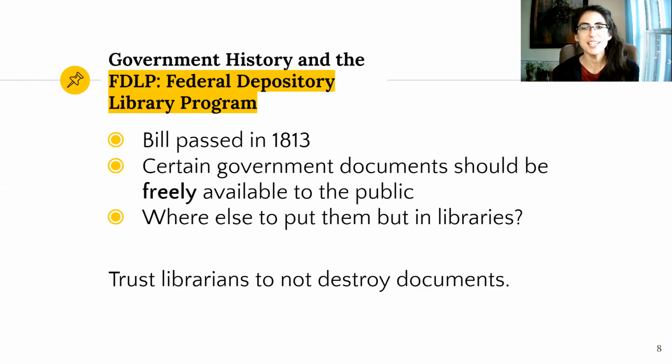Because I think in general, you can trust librarians to not destroy documents. We like to keep and preserve things. Think though, back in 1813, libraries were not everywhere as they are today. They were probably still just in major cities, and not everyone lived near a major city, but this was the best they could do.